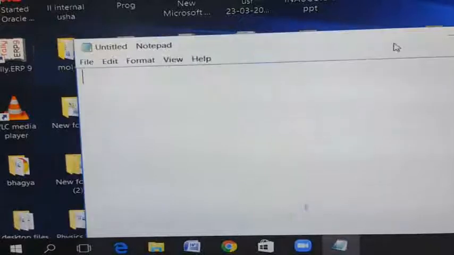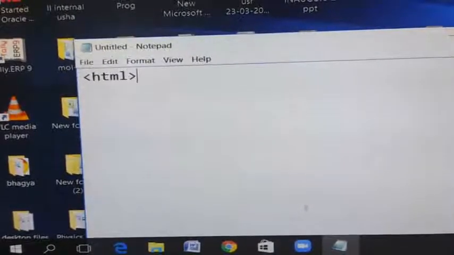This is your notepad. Here you will type HTML. Next enter. Head section.